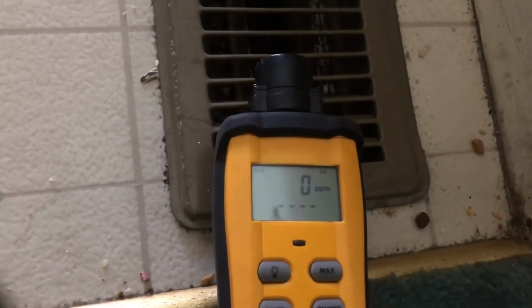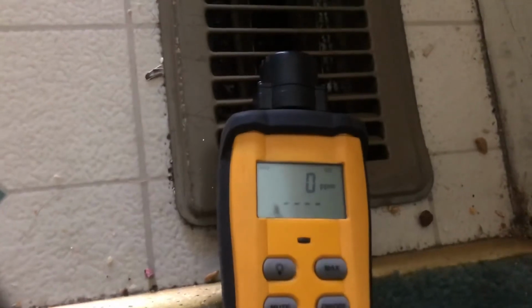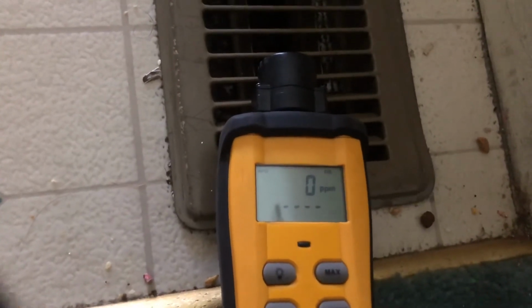You guys really need a new furnace, but it's working safely. So I don't have any carbon monoxide coming out, and that's the